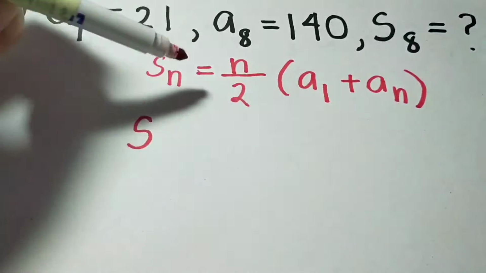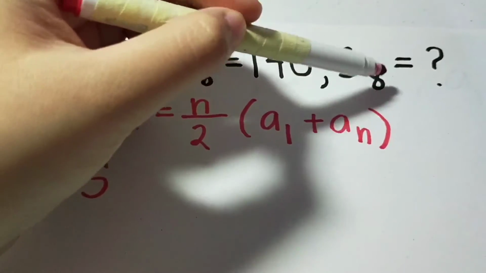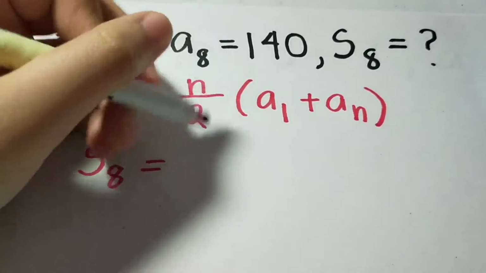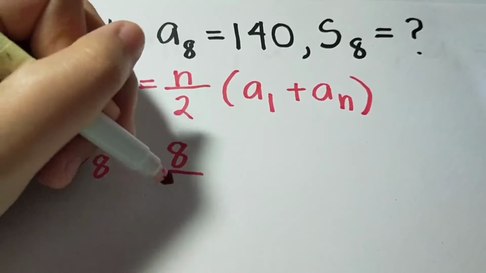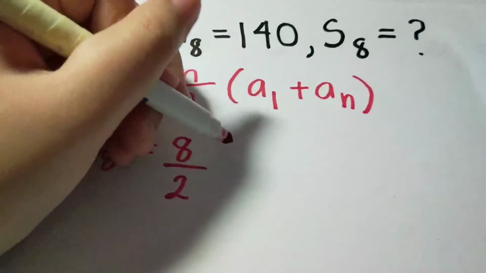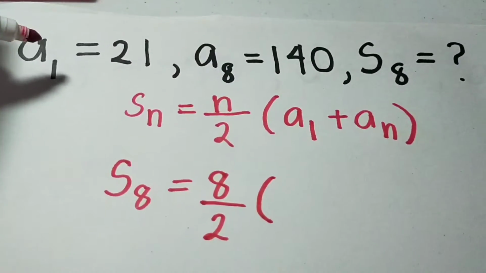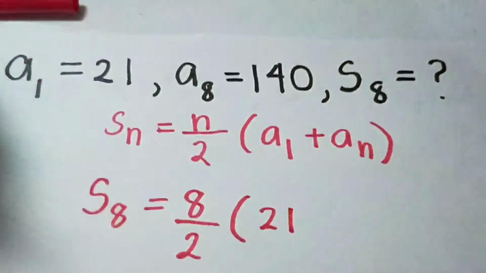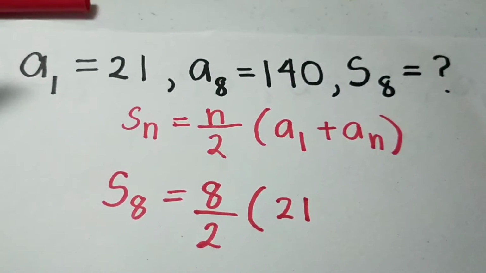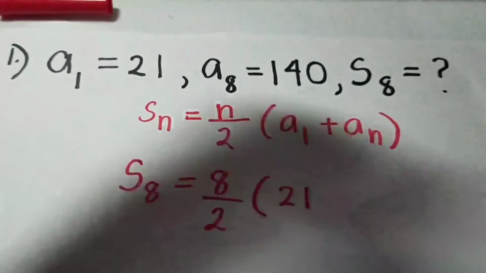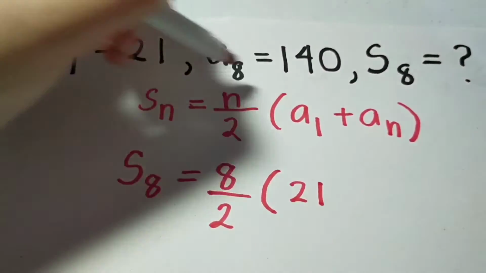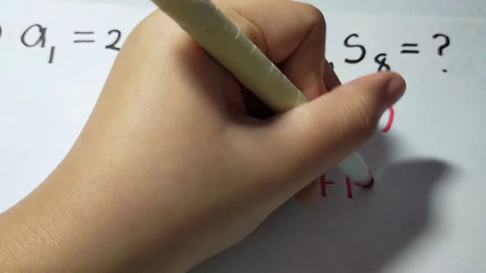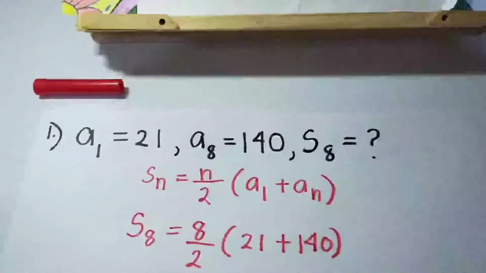Ano nga ba yung S sub n natin? S sub n natin ay 8. Yung n natin ay 8. So, yung n natin ay 8 over 2 times the quantity of, yung a sub 1 natin ay 21 plus a sub n. Ano nga ba ang ating a sub n? Yung a sub n natin ay ito. A sub 8 is equals to 140 plus 140. And then,